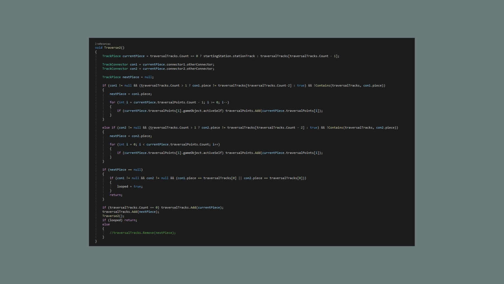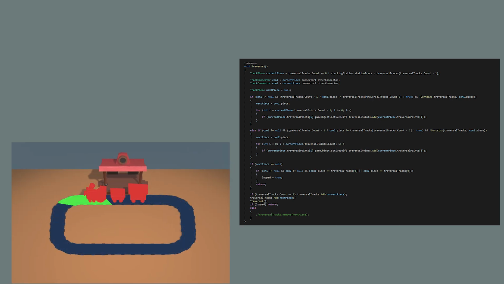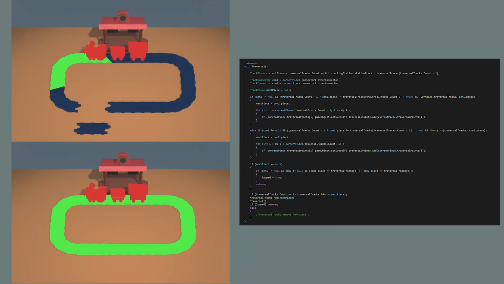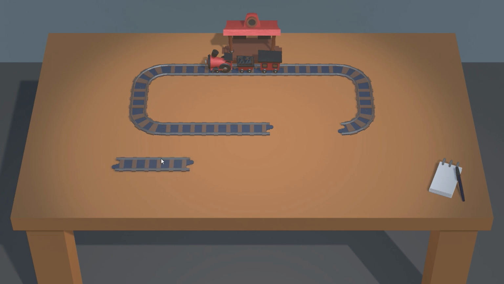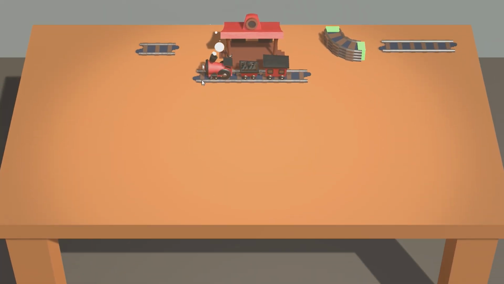The way the loop was checked was in a traverse function that works recursively down each track piece from the station until it reaches the station again. But for some reason, when you would place a track somewhere, another track would get decoupled. So I decided to write a new function for traversal, and well, now the track is marked as looped when